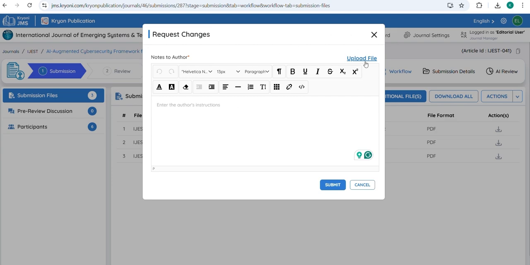And if any supporting file needs to be attached, they can attach it from the upload file option. For example, I'm just going to change the font of the manuscript. So I'm requesting changes from the author.